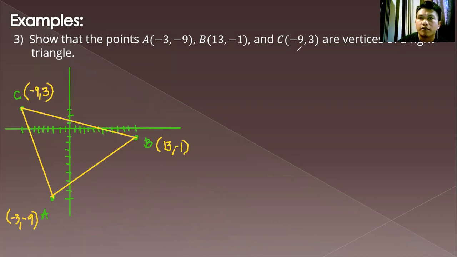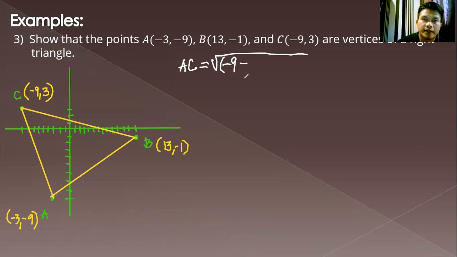So let us have the distance. Let us get AC first. Distance AC is equal to the square root of